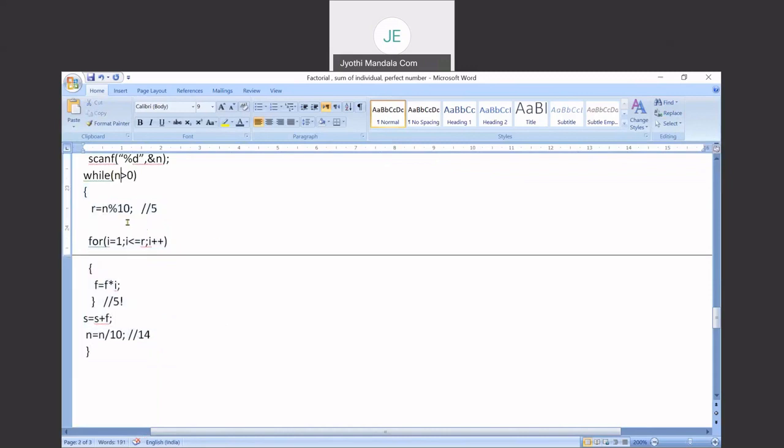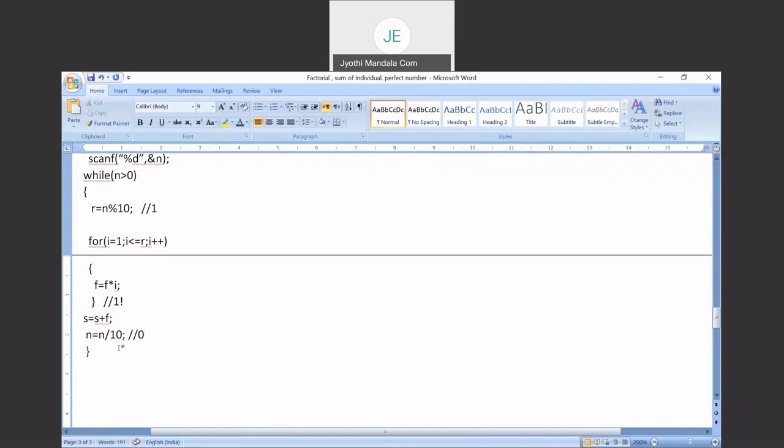So the logic is very simple. Just get the individual digit, find out the factorial of that individual digit, add the factorial value to the sum, and get the next 2 digits. In our case, we have given 3 digits. That's why next 2 digits, and repeat the loop while n value is greater than 0. Again, get the next value. In this case, you will get next value as 4. You will be getting the 4 factorial, and that will be added to your sum. And then you will get the next value of 1, and here you will be getting the remainder of 1. Then we find the 1 factorial here. And finally, you will get a value of 0, and then the loop will be terminated here.